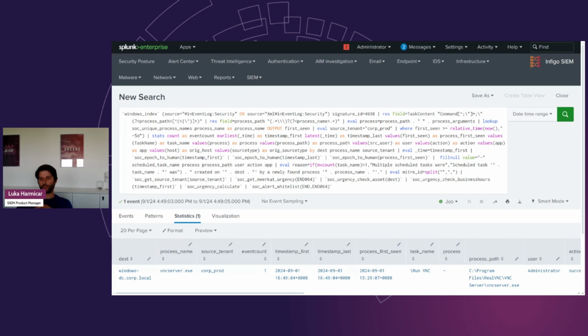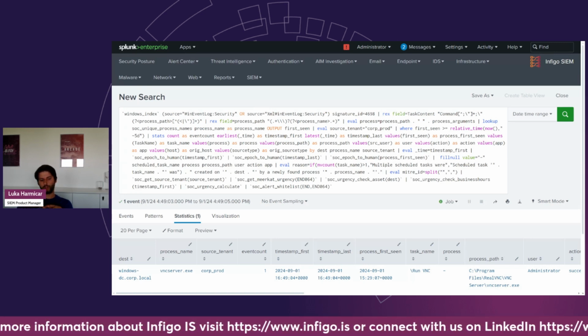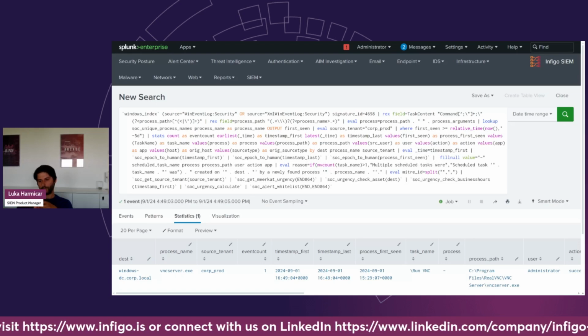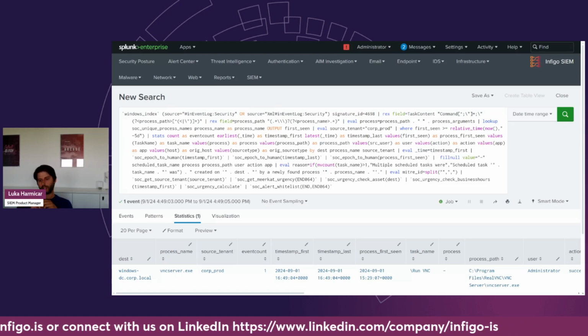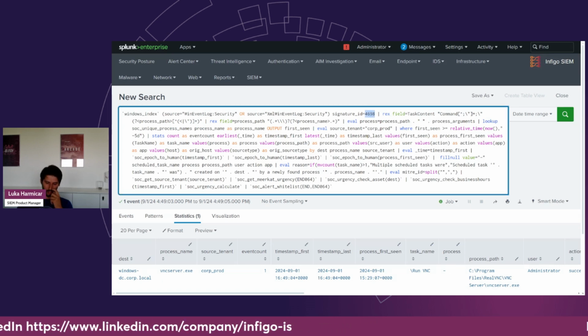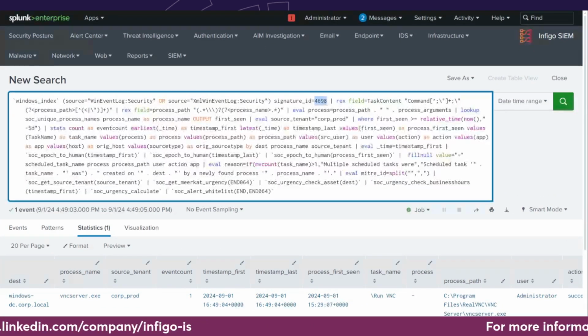And what this gives you is it will show you all of the new scheduled tasks that are created. You can also log the updates to scheduled tasks and the deletion of scheduled tasks. For the beginning, I would recommend that you only log the creation of scheduled tasks because the updates can be